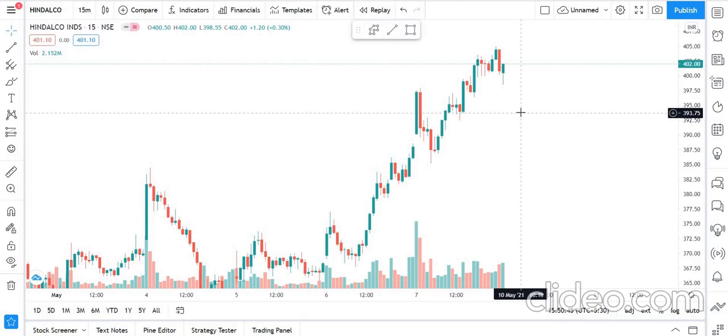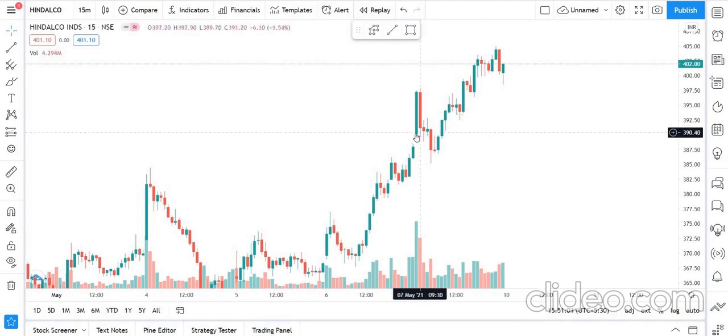So now, intraday traders. First, the most important time of the market is the opening. It is from 9:15 to I think 9:45. The volatility in the market will be very high. The volumes will be very high. You'll see prices moving here and there in seconds. Let me show you on this Hindalco chart that the market opens at 9:15 at 390, and within 15 minutes it made a high of 397, meaning a gain of more than 3%, almost 2% made by Hindalco in just a span of 15 minutes. It means the market was very volatile.